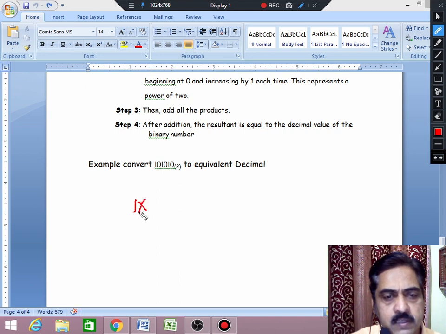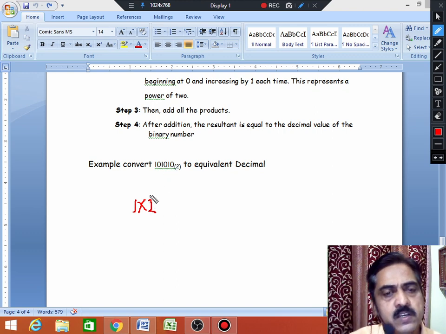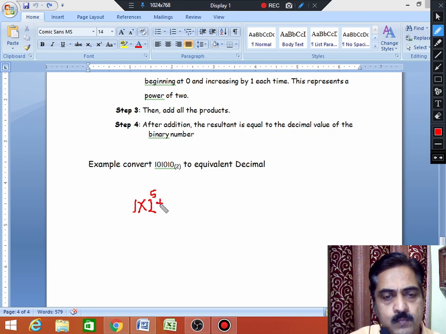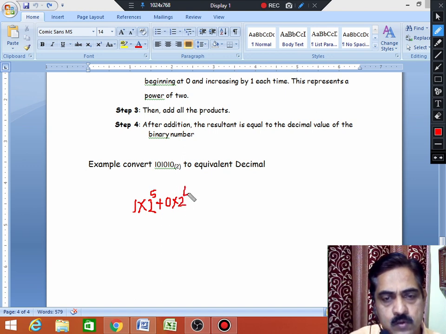multiply into 2 to the power of. So there are 6 digits. You make it 1 less, so you are getting 5, so 2 to the power of 5. Then plus 0 into 2 to the power of 4